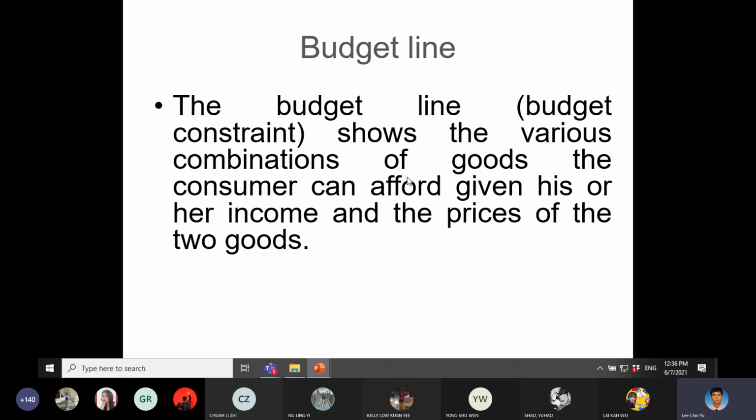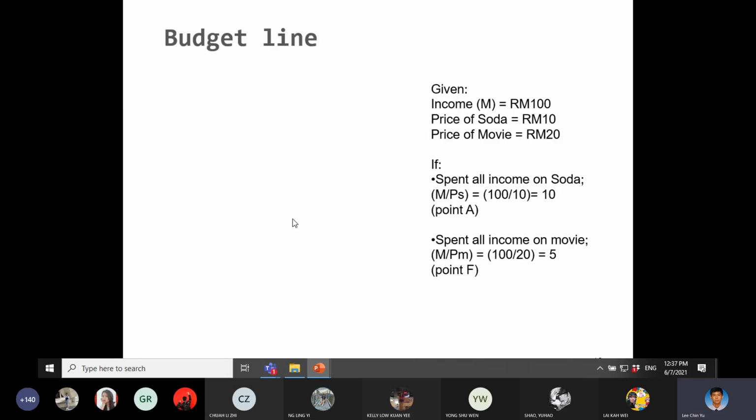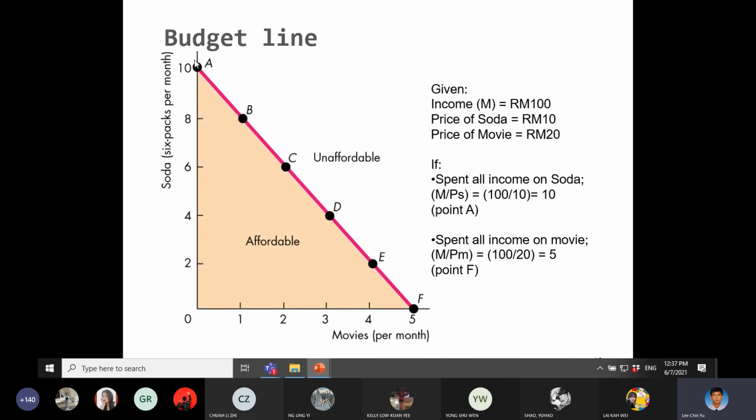They use the word afford because the budget line means income. So whether you can buy or not, whether you can afford it, given his or her income and the prices of the 2 goods. Based on the income, whether they can afford to buy the good or not. So that's why when we draw a budget line, you can see that it must be a straight line,